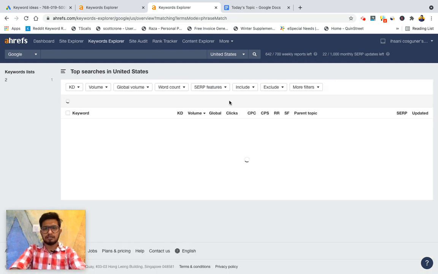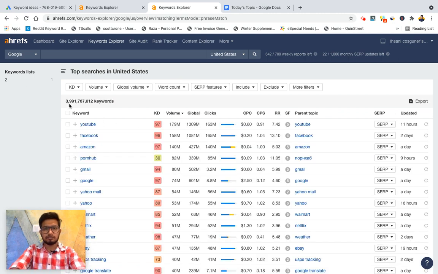and hit enter in Keyword Explorer to find all the keywords of the Ahrefs database. Now from the database of this many keywords, we will find the keywords of Bridgestone golf ball. Now we know we got this keyword Bridgestone E6 golf ball. Now this is the model of golf ball by brand Bridgestone.